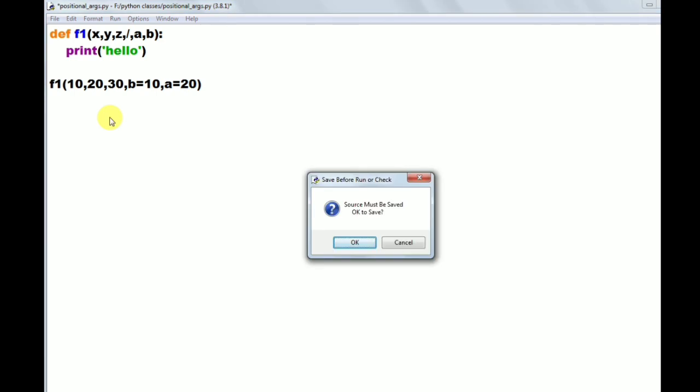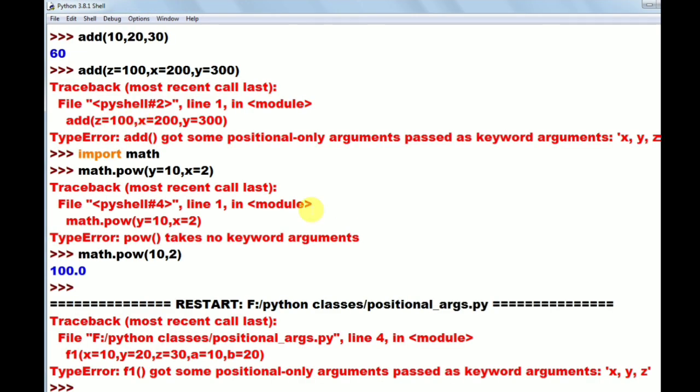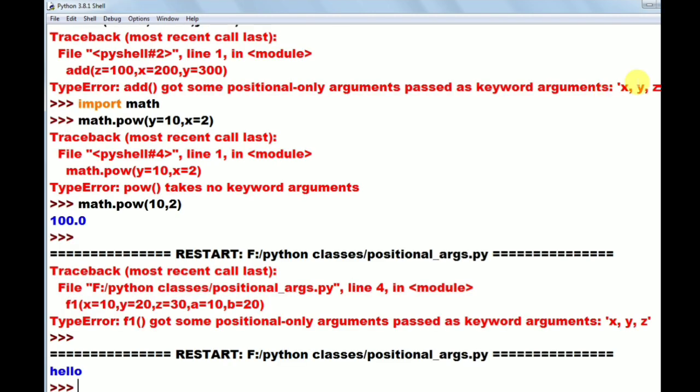I am running this one by pressing F5. Okay, it is asking to save. I am clicking on OK. Observe here. Okay, that is not giving any error. That printed hello. So hence we can use positional arguments and positional only arguments.